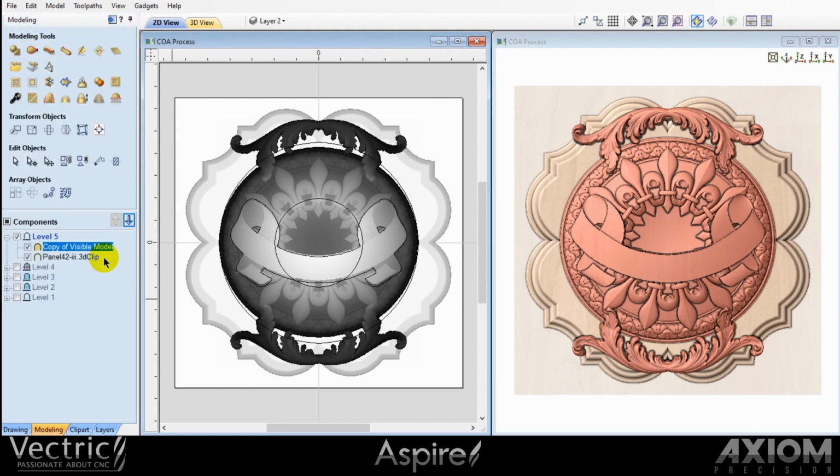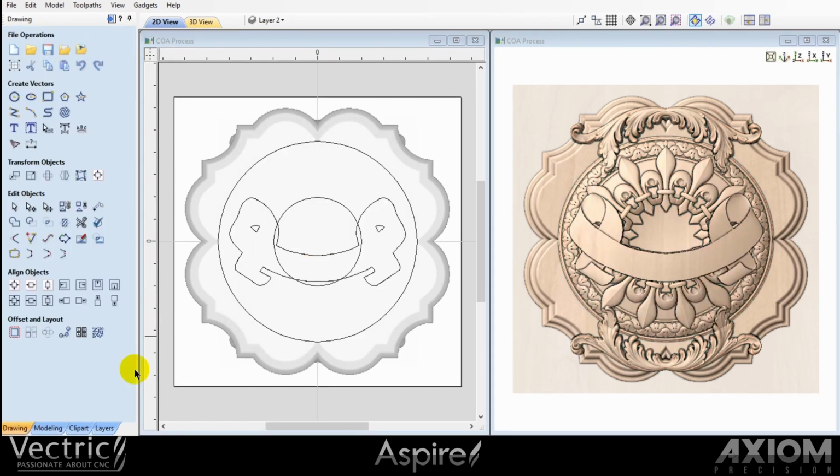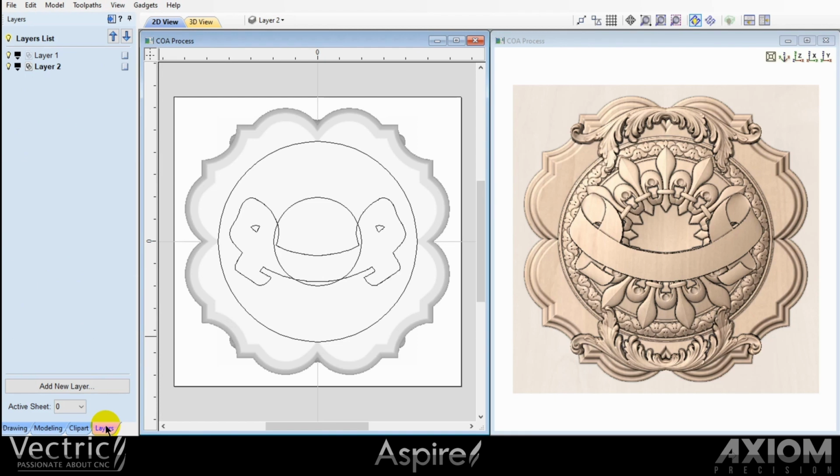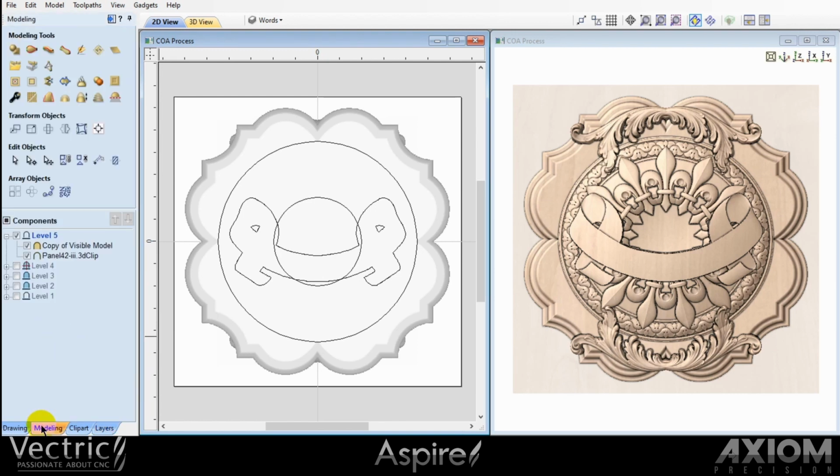I now want to add some words. So we go to our Layer tab, and I want to add a new layer. We're going to title it Words, so that again I know what I'm dealing with. But I also want to change the color of the vectors that are going to be on there to keep them separate from the other vectors. I go to my Drawing tab, click on the T for Create Text,